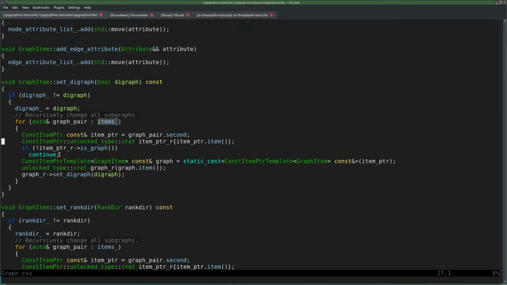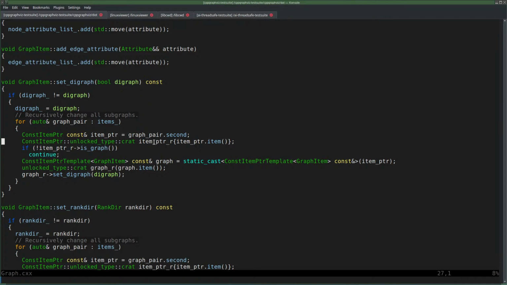But even so, it already tries to lock even anything actually, and then tests if it's a graph. And also, if it is a graph, then we get another lock here. Also, doesn't make any sense.